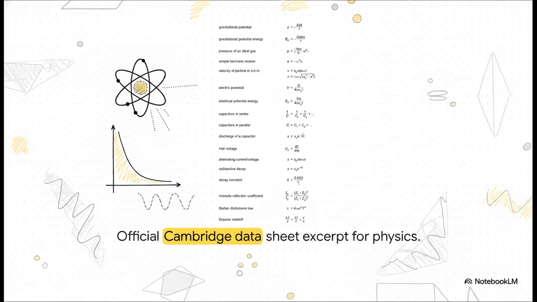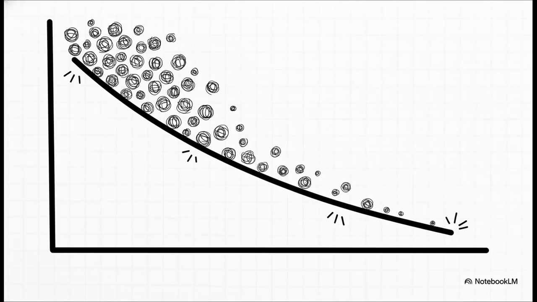Now check this out. Notice how the official Cambridge datasheet, the exact one you get in your exam, actually just gives you the mathematical models for this radioactive decay. Look closely at those bottom equations. It's a lifesaver. It proves you don't have to blindly memorize every single formula, but you absolutely must know how to apply them. You're going to need to calculate the activity of a source, which is just the rate of